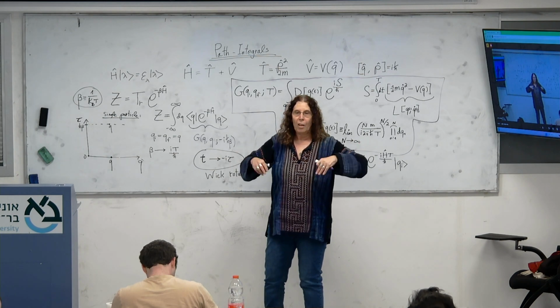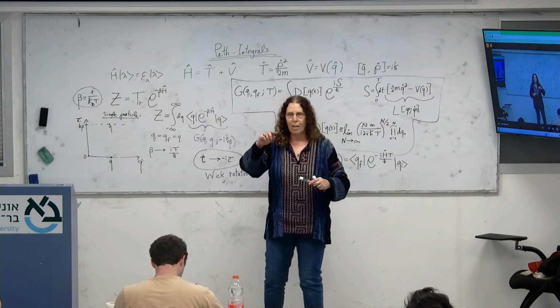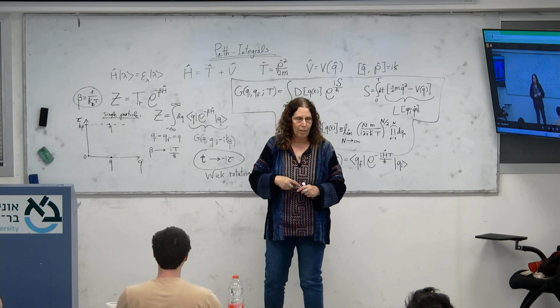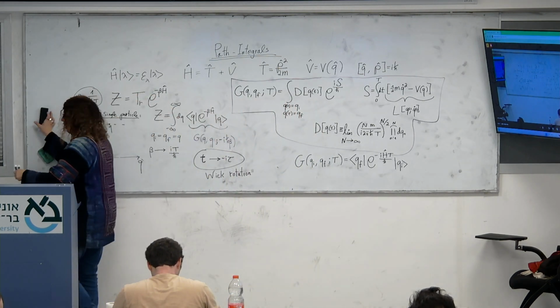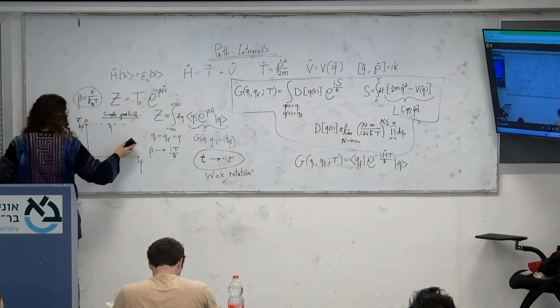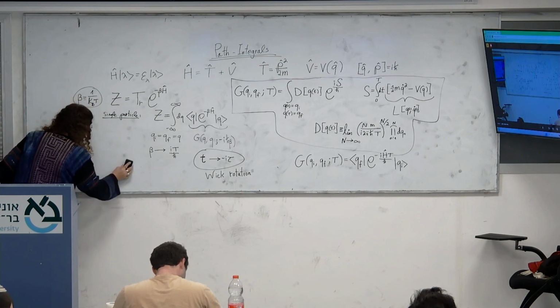So this imaginary time axis is the radius of the cylinder. Okay, so this is the right way of thinking about it. Actually, let me draw it a bit differently. You have here